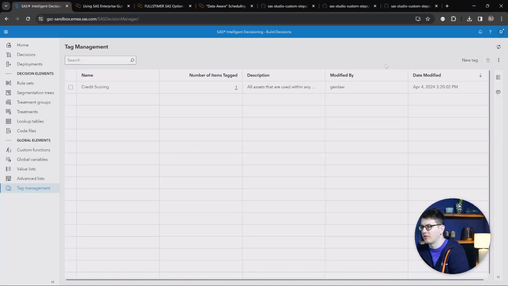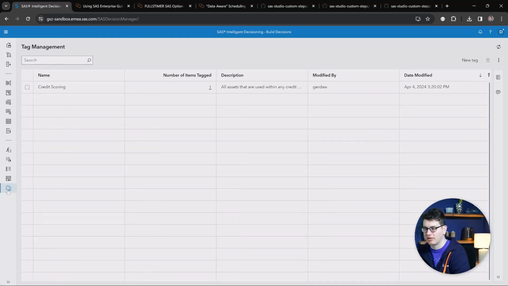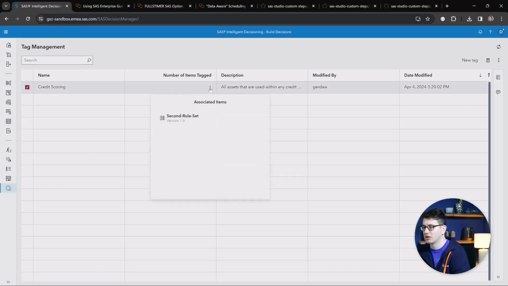We start things off this time in SAS Intelligent Decisioning, where if you open up the main menu, you can see we have a new menu entry under the Global Elements section called Tag Management. If we minimize the menu, you can see it also has these nice tags as an icon, so you directly see what it is. In here, you can see all the different tags that are available within your environment. You can create new tags to then be used within all the decision elements, and you can, of course, add descriptions to it,